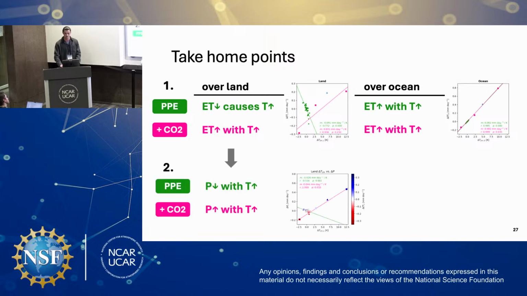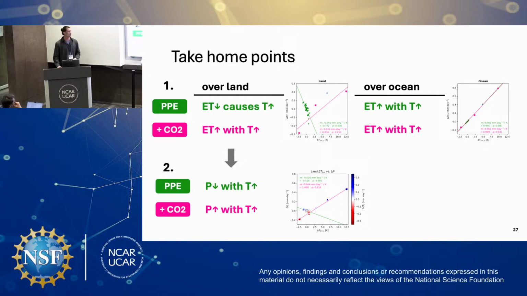And then, I think the main point I'm trying to get across is that you have these opposite precipitation responses with the same type of temperature perturbation. So for the PPE, precipitation decreases with increasing temperature, whereas for the CO2 forced simulations, precipitation increases with temperature increase. And again, going back to the earlier points about Held and Soden, these are completely different regimes when you have evapotranspiration driven surface warming versus CO2 forced